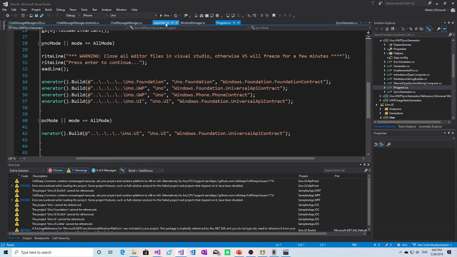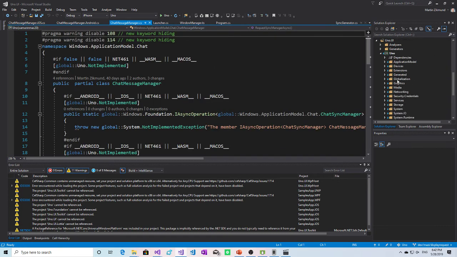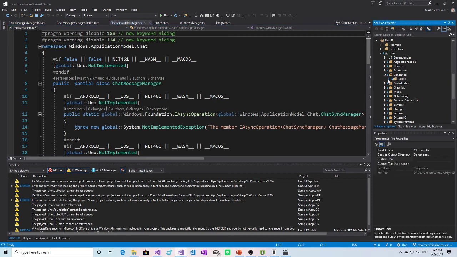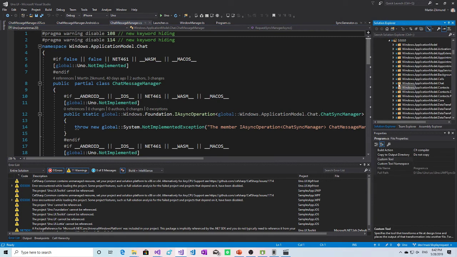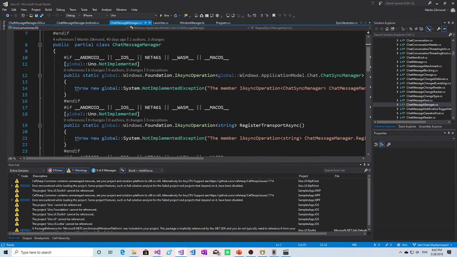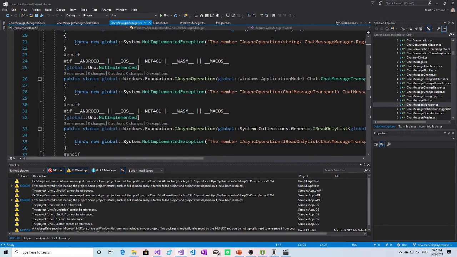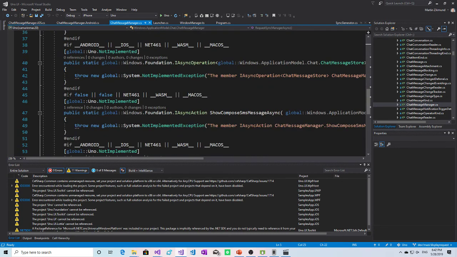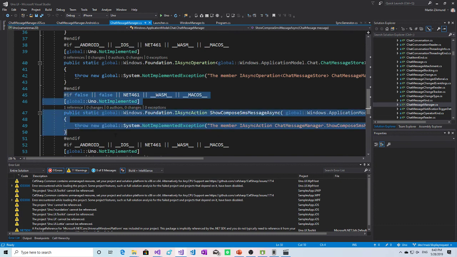We can see that in action, for example here, in the generated 3.0 Windows application model chat and chat message manager. We can see that this class has been implemented for Android and iOS, but many features are not available on any platform except for this show compose SMS message async.